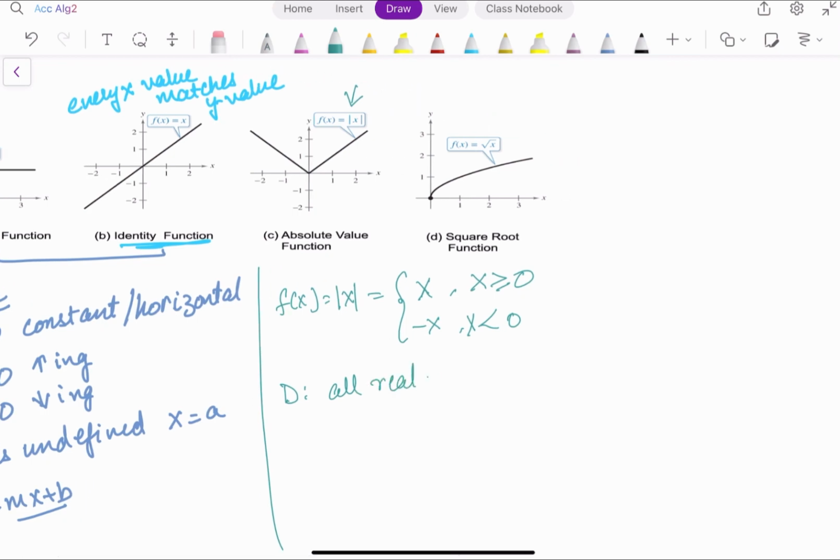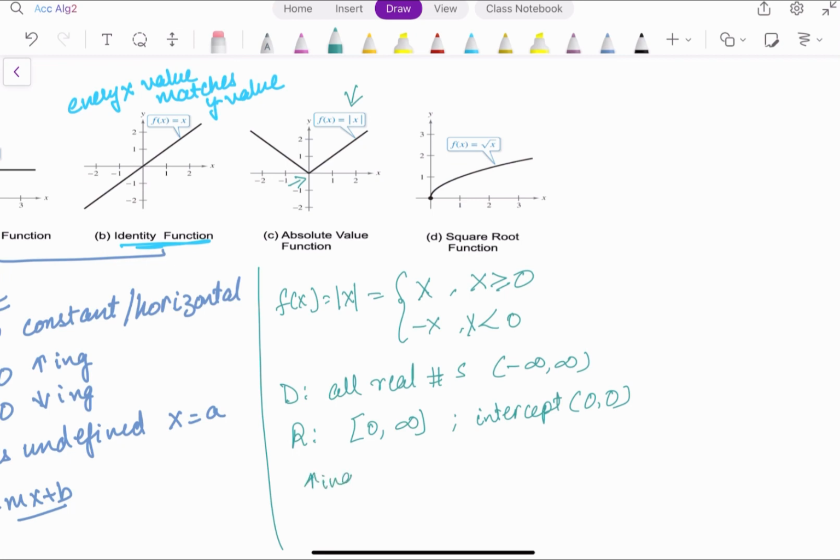Now let's talk about the domain. So the domain for an absolute value function is all real numbers. That means from negative infinity to infinity. When we talk about the range for the parent function, because you see the vertex is at 0, 0, that is why the range is closed at 0 and goes to infinity. And I already said that the intercept is 0, 0 because for the parent function it is